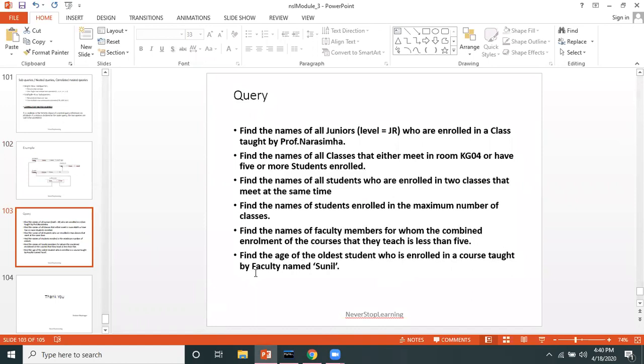So we have Professor Sunil, and we have to find out the age of the students whom Professor Sunil is teaching, and find out who is the eldest.